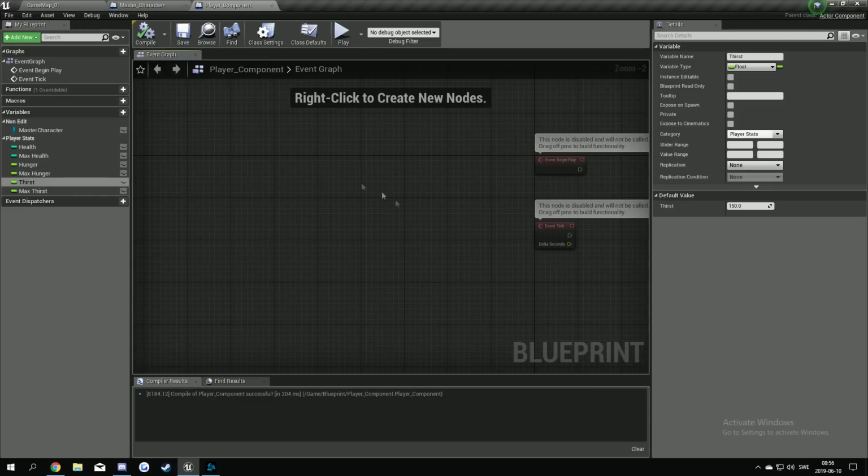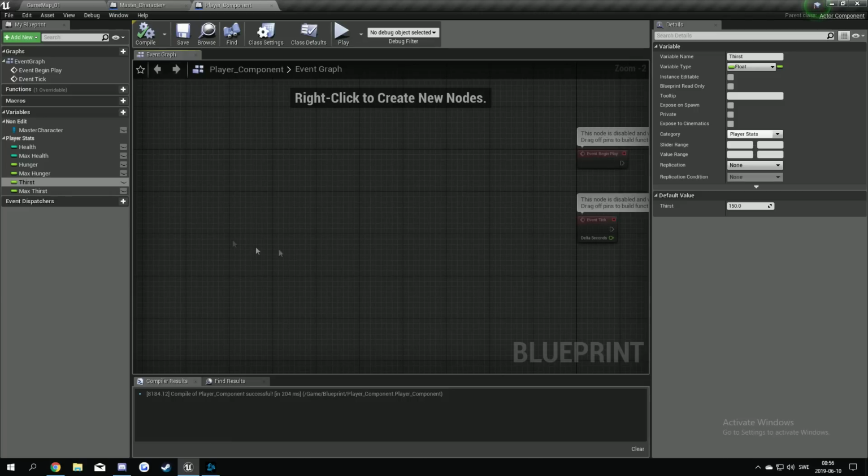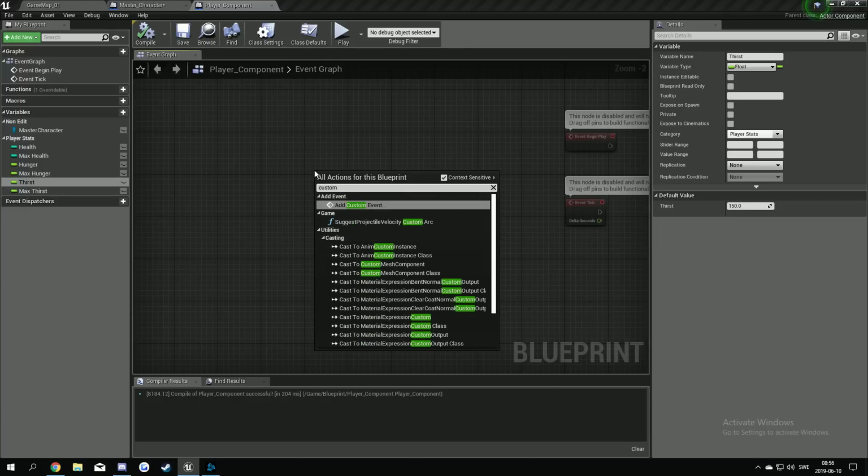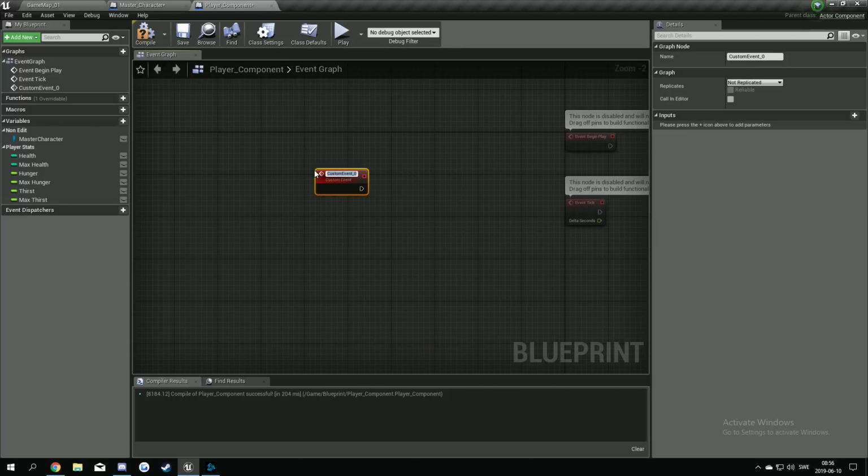Now we're gonna do a couple of events here in the player component. Right click, type in custom, and add a custom event. I'm gonna call this client because this is gonna be run on the client side. We're gonna have some server events and some client events, and the client events only fire on the actual player that owns this player component. So the rest of the server won't see this, and they don't need to see it. So client